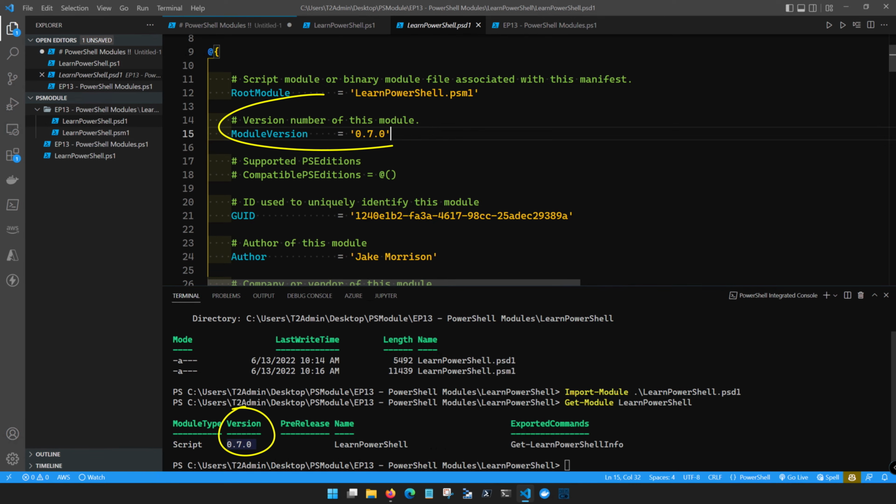And this reflects the manifest information that we populated in the PSD1. Now, if we make updates to our module, the module manifest version can be incremented and we can release new versions of this module. Now that we've covered the basics of PowerShell module components, let's dive into finding, evaluating, and